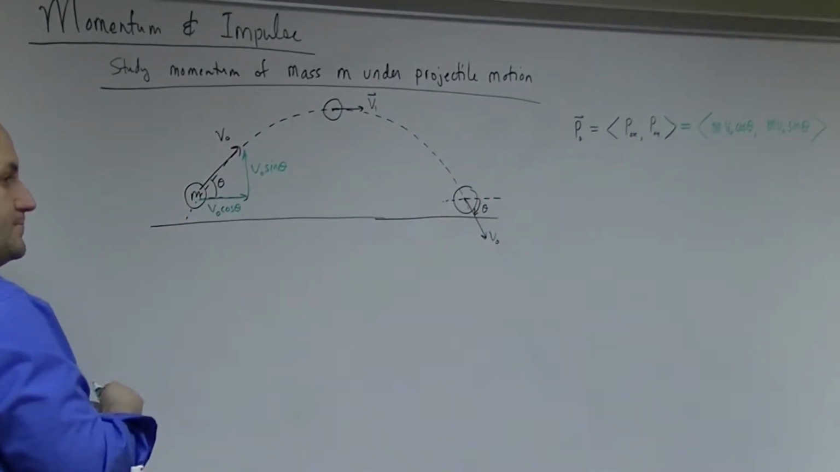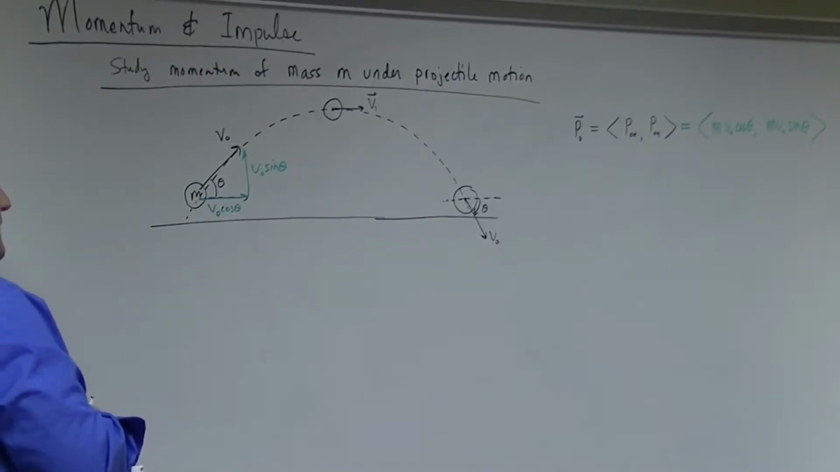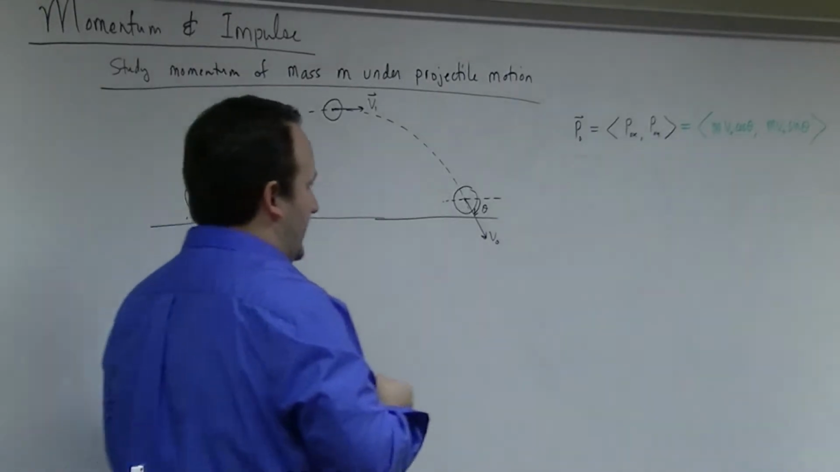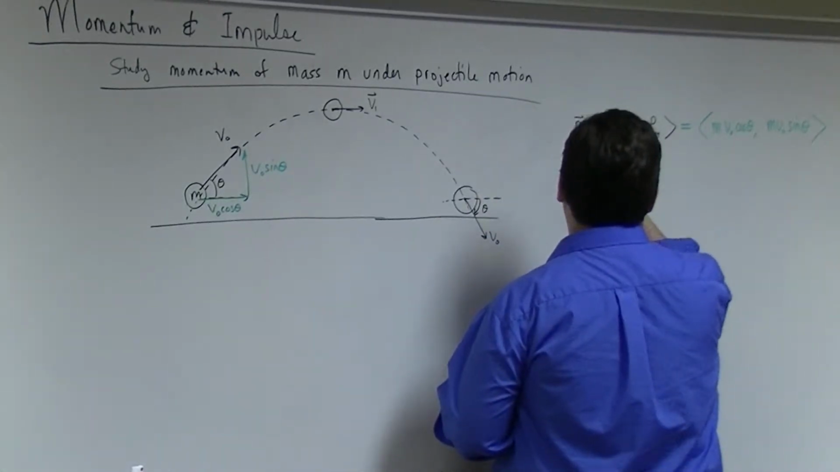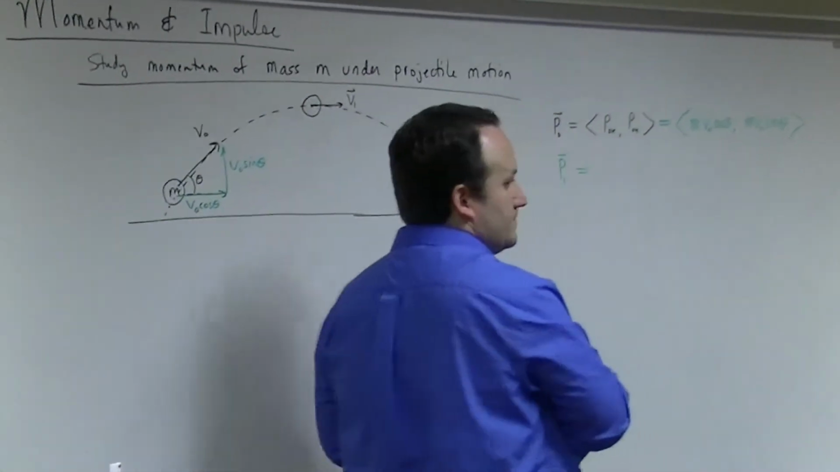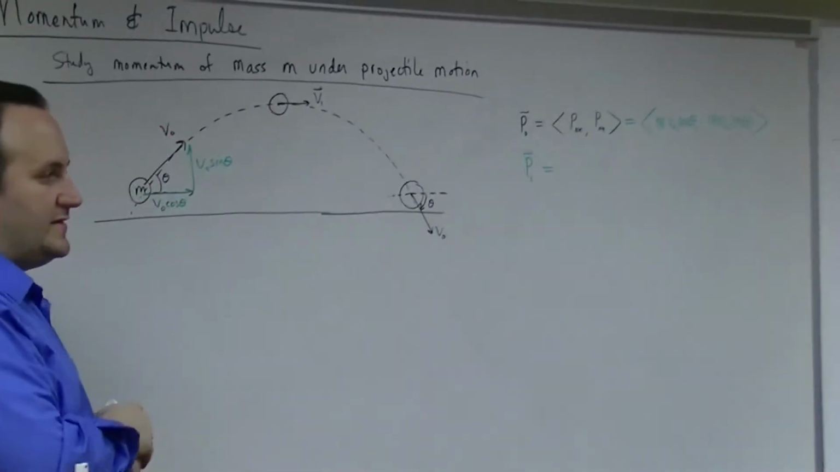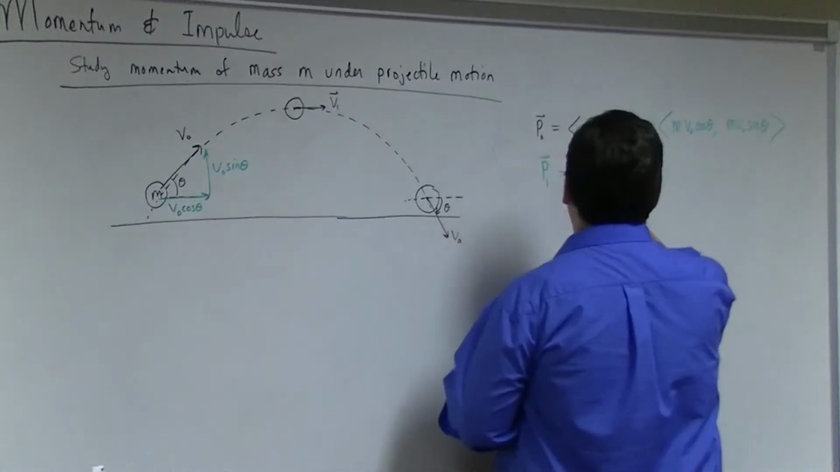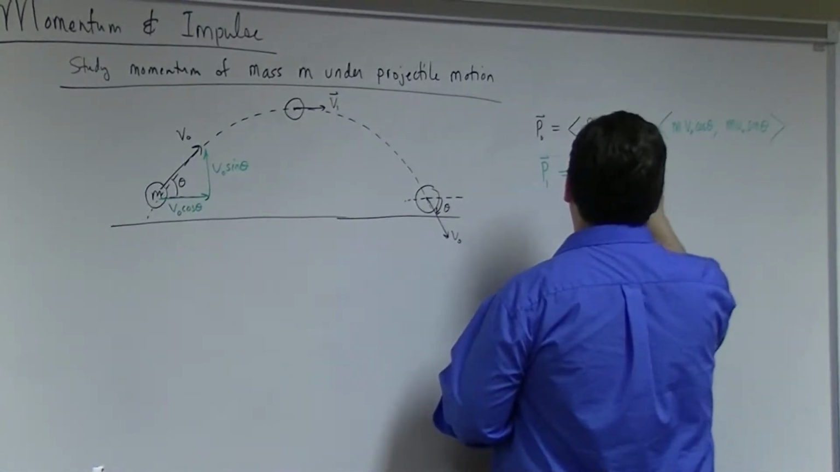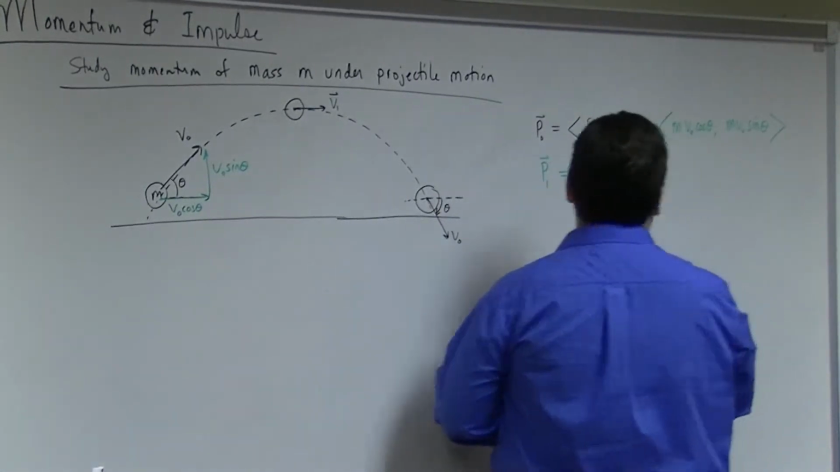Right. What's the momentum at 1? At 1, what would the momentum there be? What's the y momentum at the top? 0, right? So we have p1x, 0, and